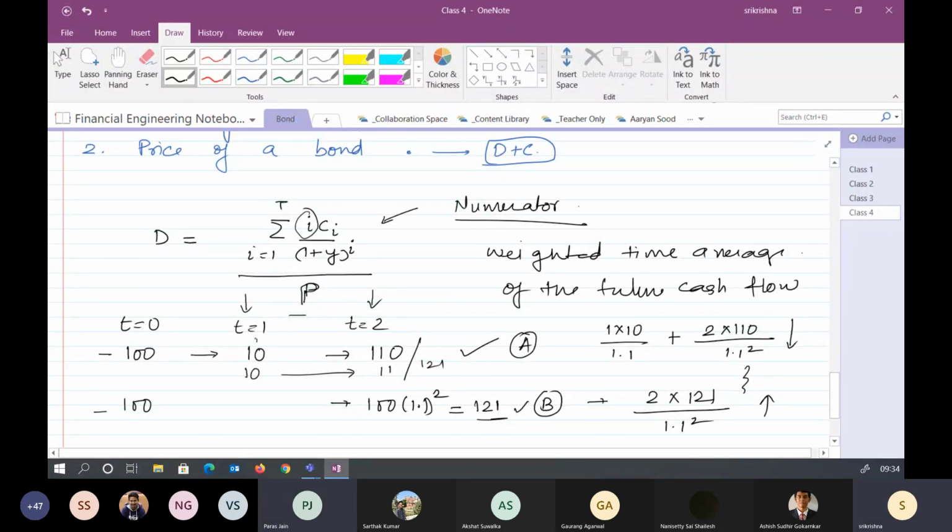Because you have the opportunity to invest this 10 rupees, which we are not looking at in this bond. But try to understand that this 10 rupees you can again invest, and that is the assumption here, that you can invest somewhere where you can get 11 rupees. So the total sum becomes 121. Then sir, A would be better, because risk will be less. We are getting at least some of the money. Duration talks about how quickly you are getting your sum of the amount.